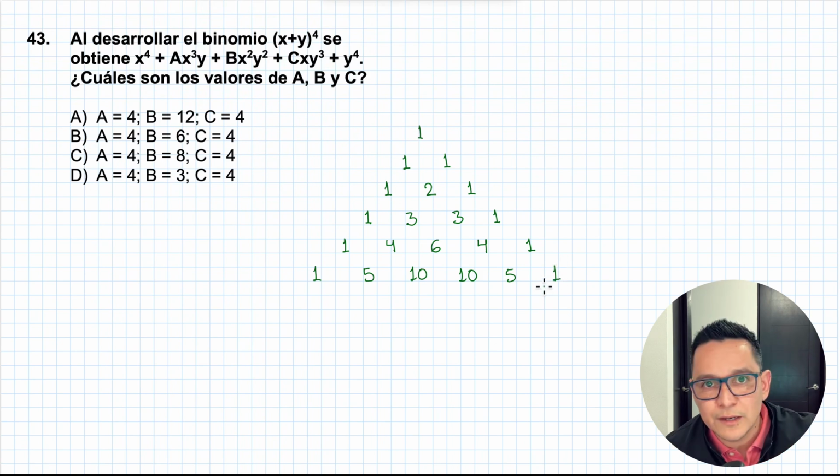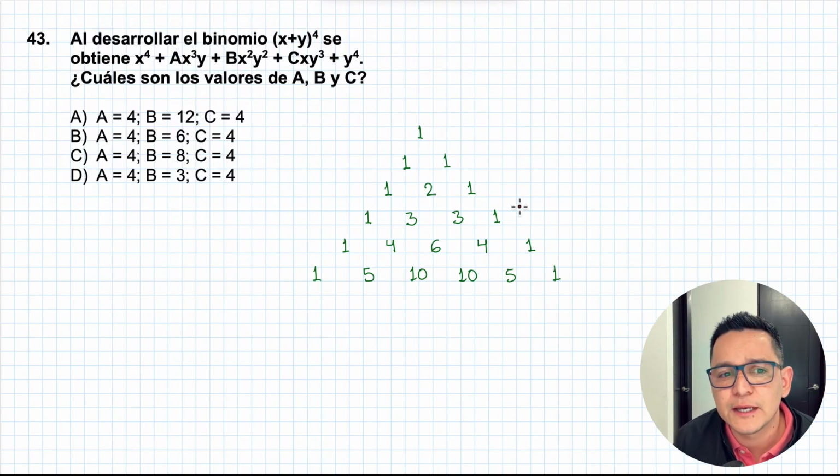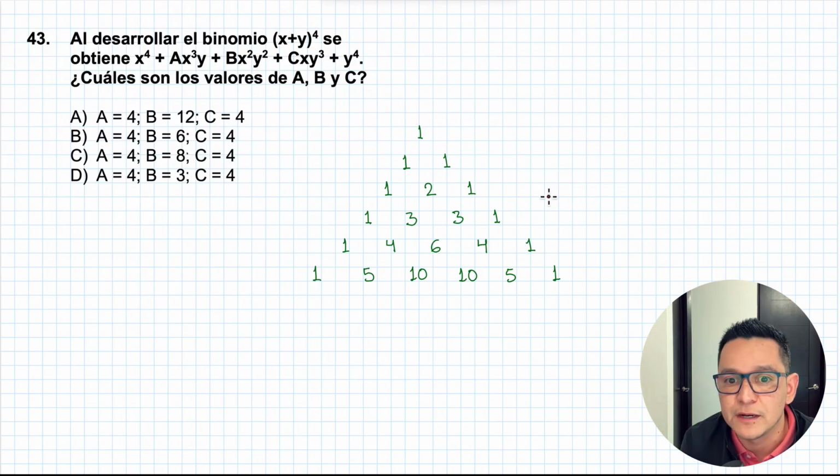Well, I could continue, obviously, but it's not necessary to put so many anymore. As I was saying, it's not necessary to put so many, because we already have enough information to solve the problem. Look, let me briefly tell you what this is about. Here we have a 1 and a 1 over here. We have a 1, a 2, and a 1. These here are so that we can know the coefficients of binomials raised